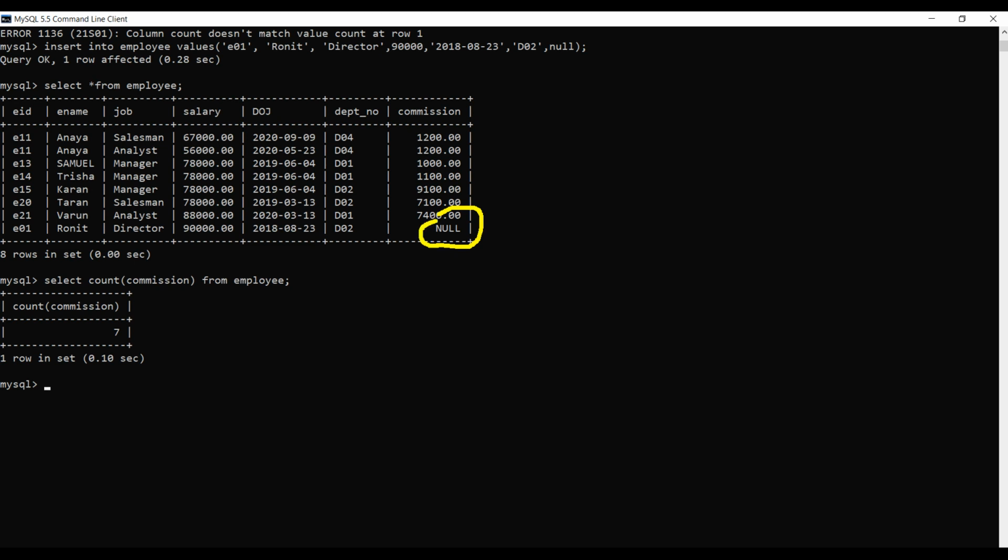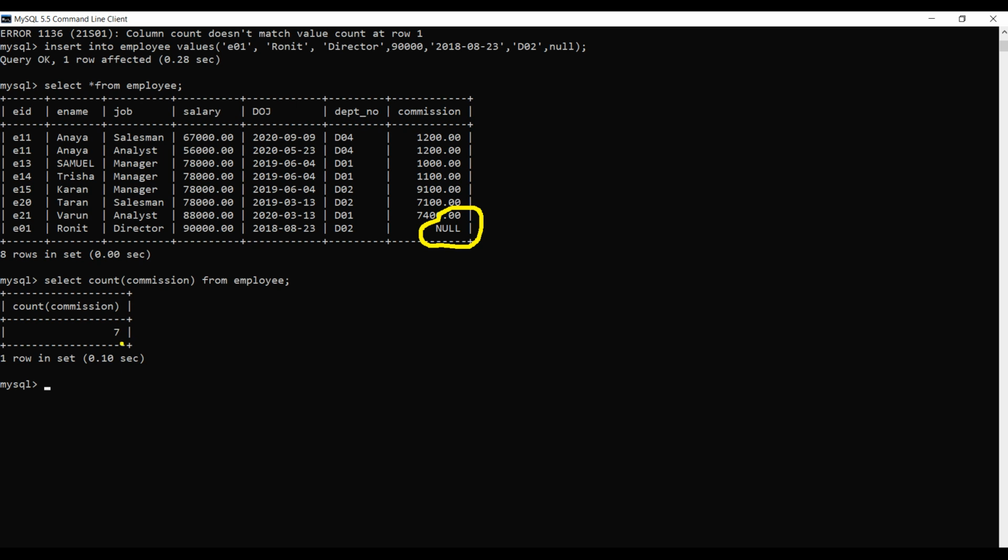So while counting the commission, it won't count this, because the count function and average function don't deal with null values. So there are 8 records, but counting is giving 7. This is how these functions can be worked in a simple way.